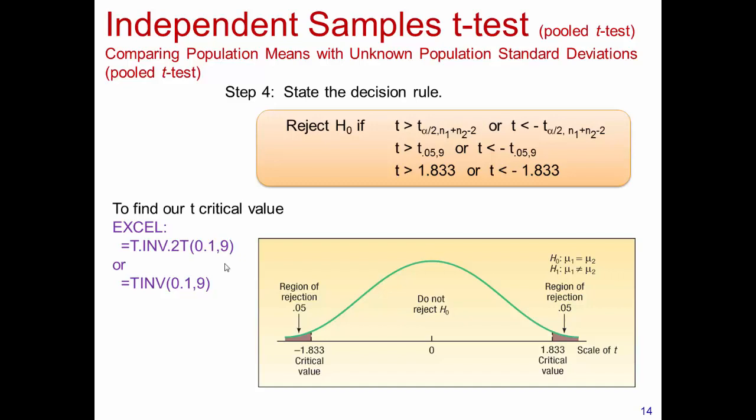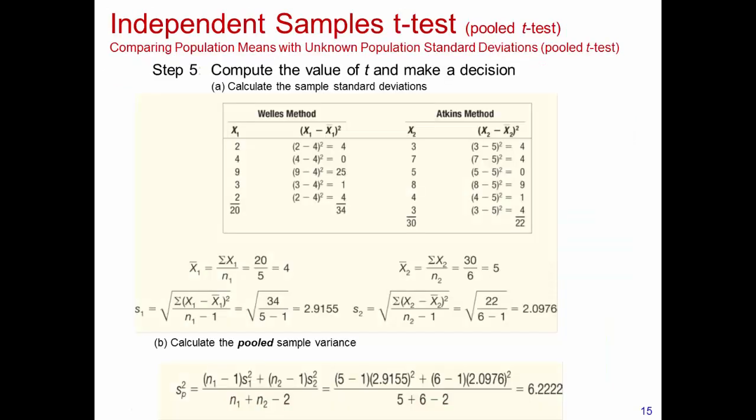Now we move on to step 5. And in step 5 we collect our sample and we calculate what we find in our one sample. So we calculate the value of t and we make a decision. First thing we have to do, though, is calculate each of the sample standard deviations, and this should bring back some good fond memories for you of when we were doing standard deviation. So we find the standard deviation of the Wells method, which is 2.9155, and the standard deviation of the Atkins method, which is